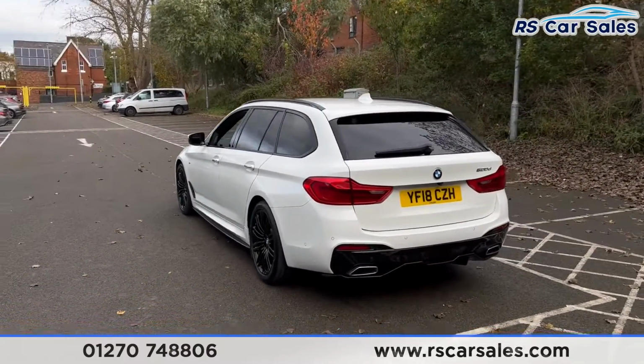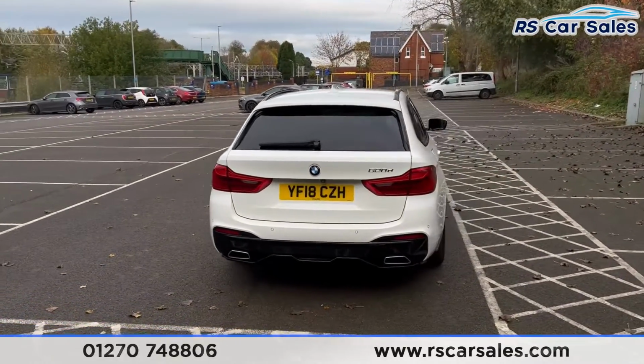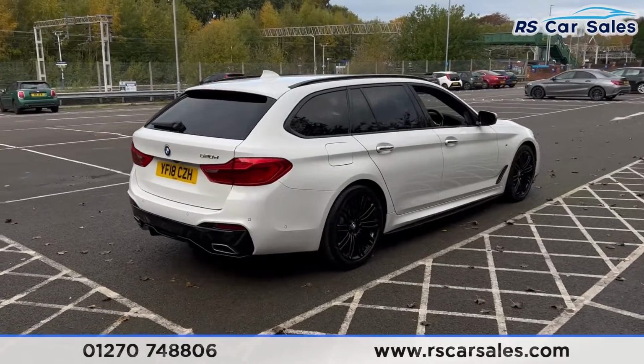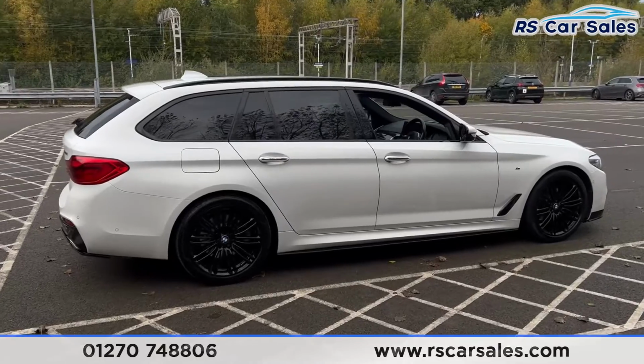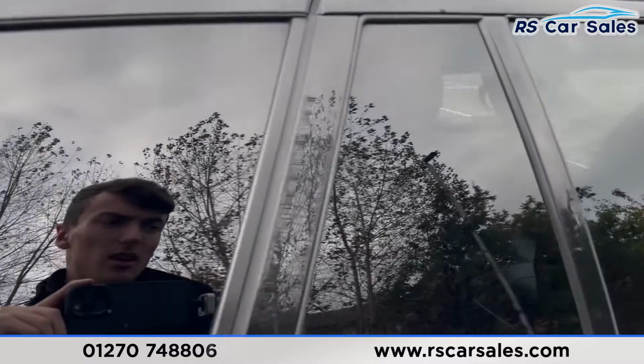Coming around to the rear you'll find the dual leg exhausts. We also have a power assisted tailgate. Coming back round now to the driver's side, you'll find that this vehicle is free from any major marks, dents or scratches. So if we take a look at the interior, coming into the back first, you'll find the full